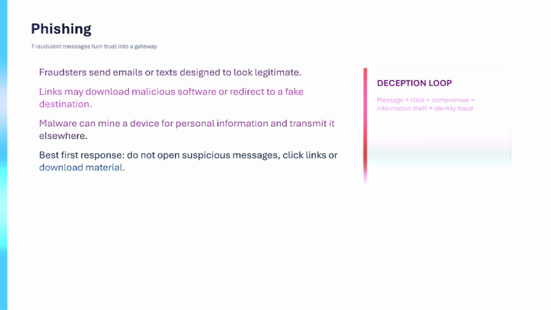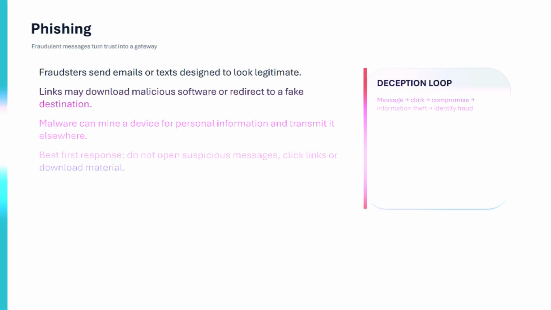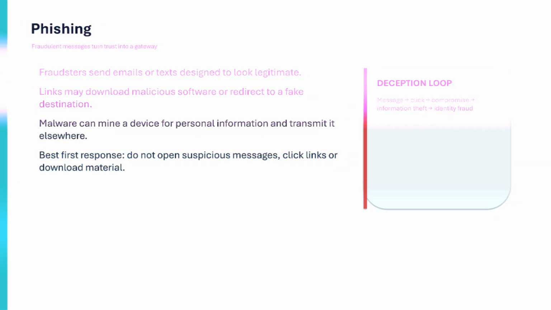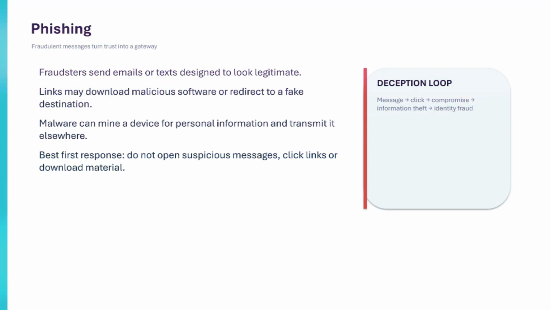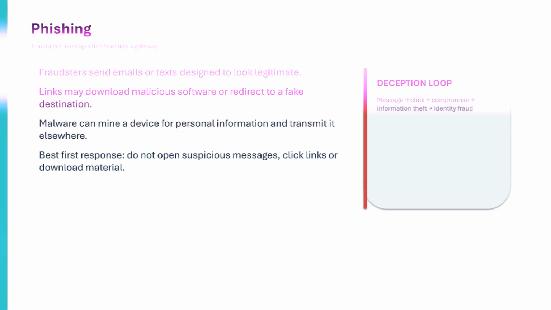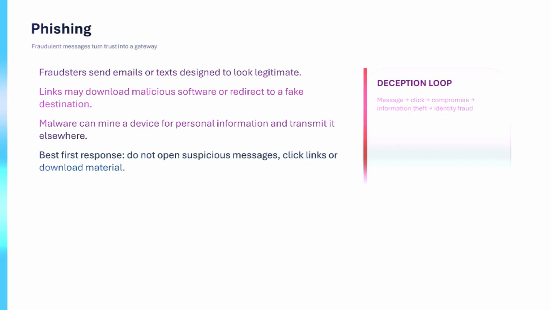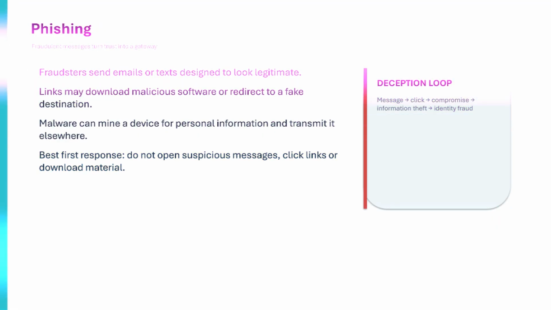Phishing messages are carefully crafted to look authentic. They may pretend to come from a bank, delivery company, manager, or trusted colleague. Clicking a link might direct you to a credential harvesting site or download malware. In 2020, attackers successfully targeted Twitter employees with phishing campaigns to obtain credentials for internal administration tools. Your safest first response is always to pause, avoid clicking any links, and verify the message independently. Watch out for suspicious domain names, urgent language, or unexpected attachments.